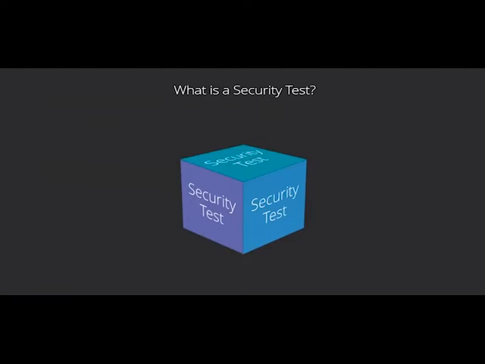But the output of quality assurance or functional testing is a test spec, which will have every test that should be executed when they're run. It will show the outputs of those tests. It will show whether a test passes and whether a test fails. Now let's contrast that with a typical security test.